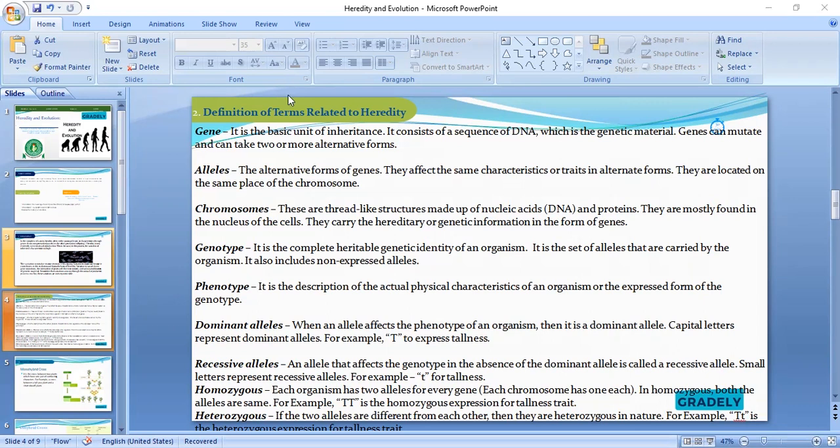Now, when we're talking about genotype, I want to explain genotype with phenotype together. Now, when we're talking about genotype, we say that they are the genetic constitution of an organism. Are you getting it? Simply put, you can say that they are the genetic what? Constitution of the organism. That is to say, they are what the organism is made up of. Meanwhile, you are not seeing the genotype of an individual, like you are not seeing the effect. But these are the things that constitute the makeup of this particular organism.